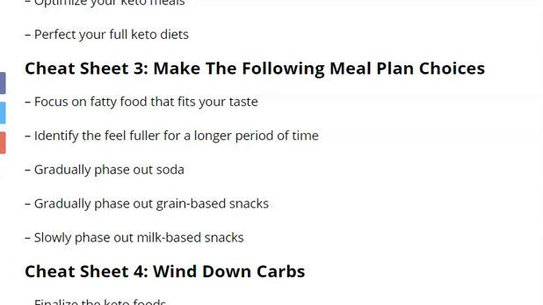Then after you have this, you need to make your meal plan. First of all, focus on the fatty food that fits your taste.